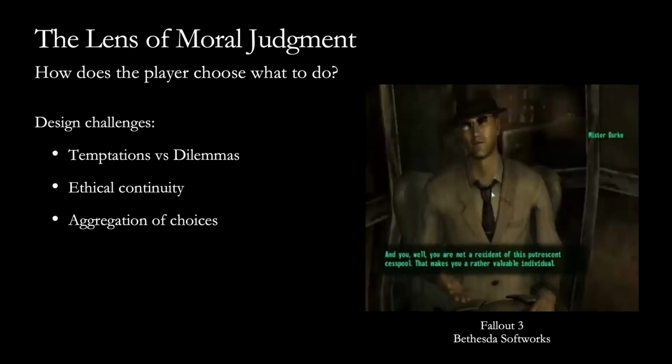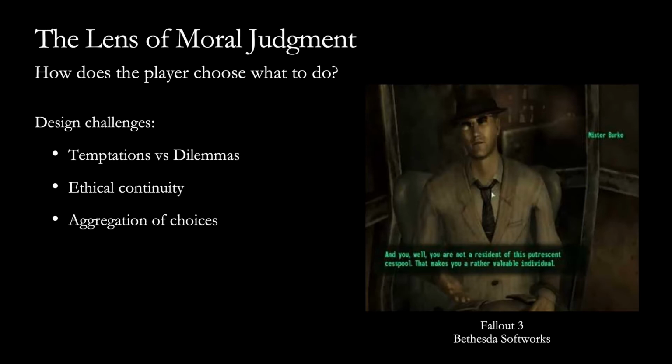All right, so now we're going to go through each of the lenses that have been informed by the previously mentioned four components, talk about how they've been implemented in certain games, and the sort of questions and problems you can pose as designers to help you implement mechanics informed by these lenses. So for the lens of moral judgment, the primary question you want to ask yourself when you're designing moral dilemmas essentially is: how does the player choose what to do?